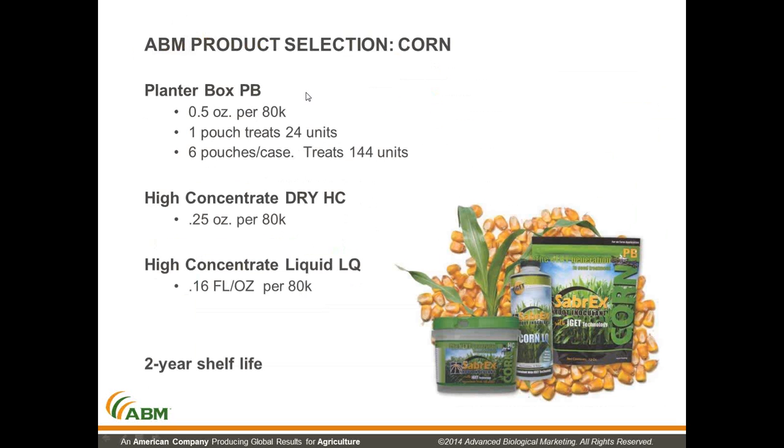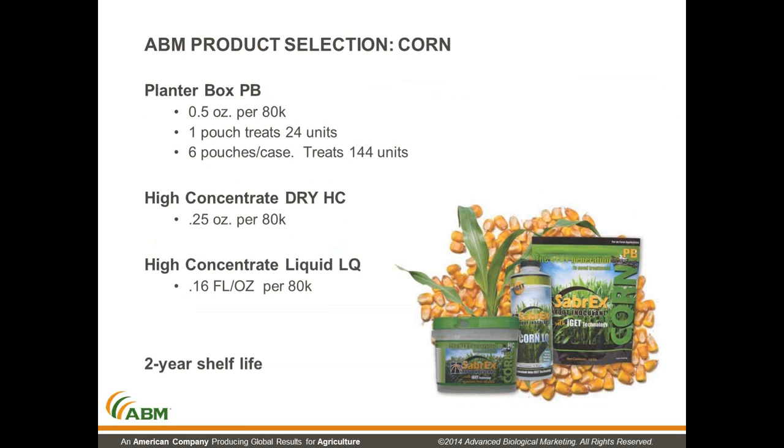The Sabrex for corn comes in 3 different formulations, and the formulation that everybody out there is going to be looking at would be the planter box. So it would be Sabrex PB, and what that is, it's a talc graphite formulation as the carrier. And the grower's only going to be adding about 1/2 ounce per seed unit, and 1 pouch will treat 24 units of corn. And there are 6 pouches in a case, so a case is going to treat 144 units